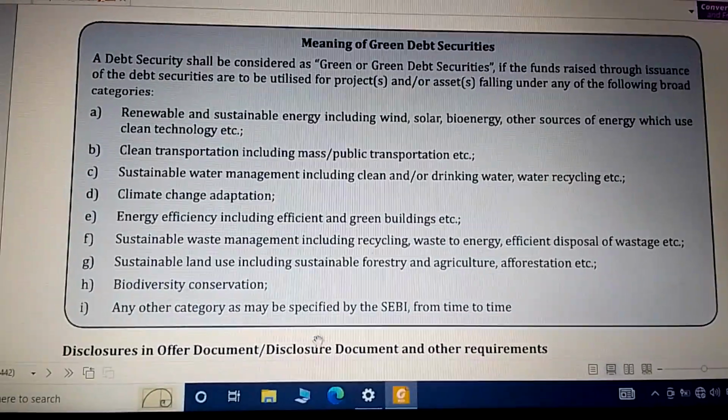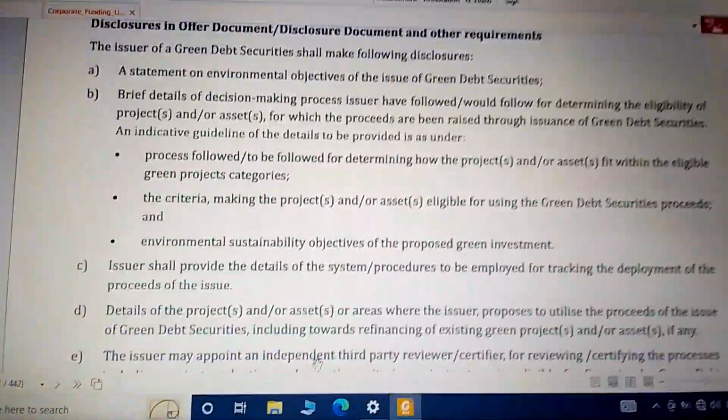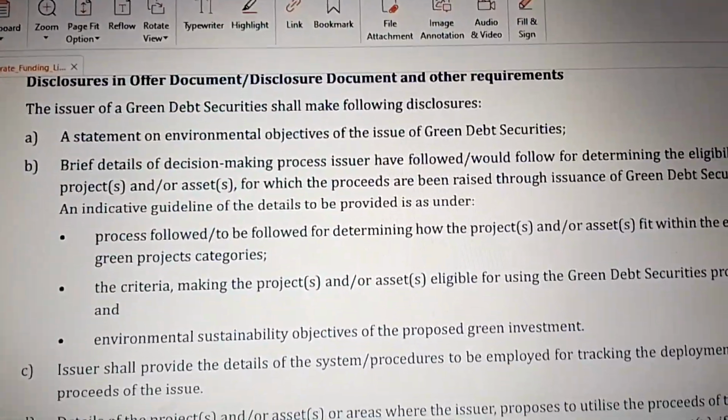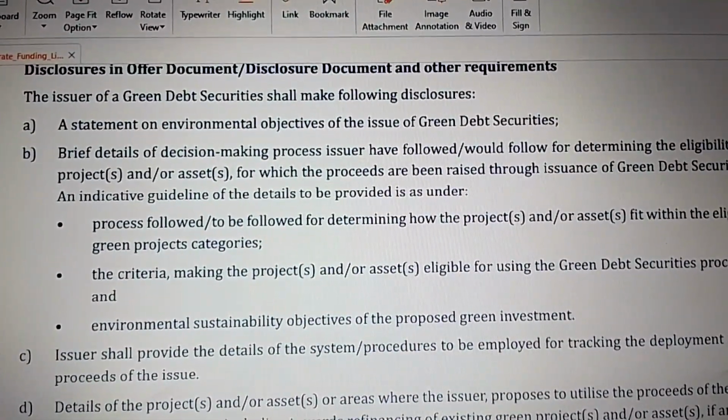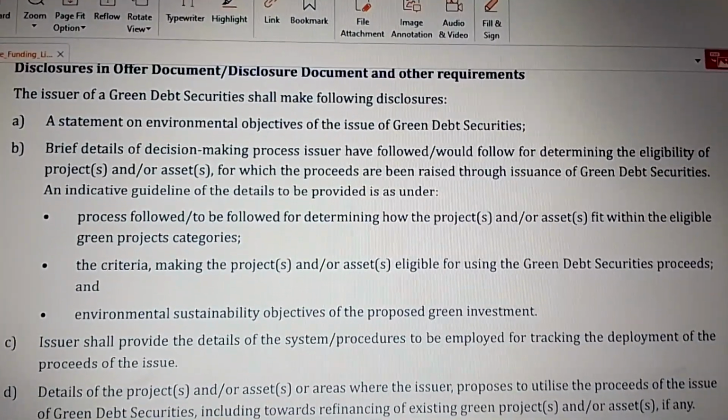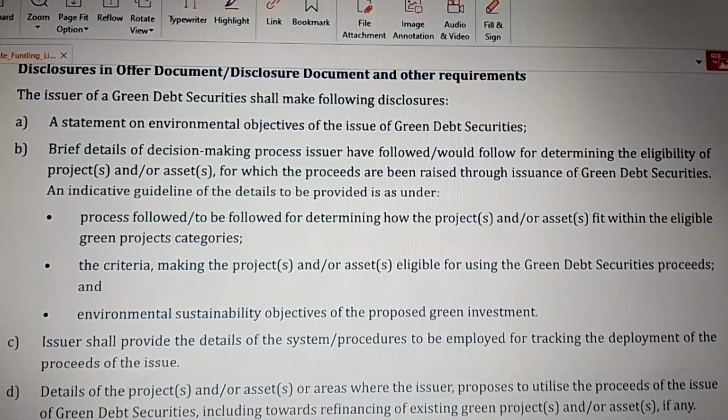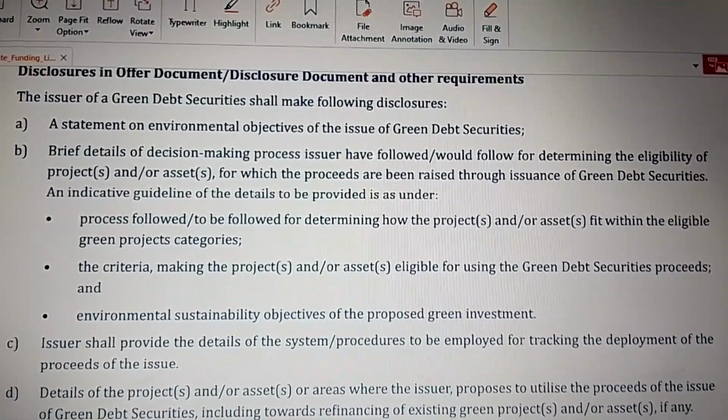Disclosures in the offer document, disclosure document, and other requirements. Now, the issue of the green debt securities shall make the following disclosures. A. Statement on the environmental objectives of the issue of the green debt securities. B. The brief details of the decision-making process the issuers have followed or would follow in determining the eligibility of the